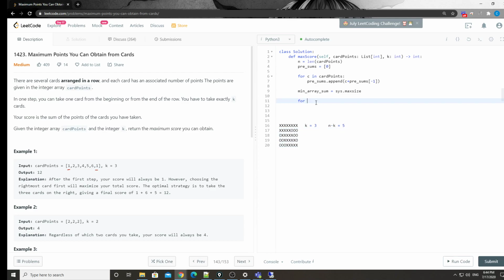Okay, so that's why for the left, in range k plus one, right? That's why we do a k plus one, and so we do the minimum array sum, right, equals to the minimum of the current one, and with the current left, and we need to find the right, right? So what's the right position? That's the pre-sums